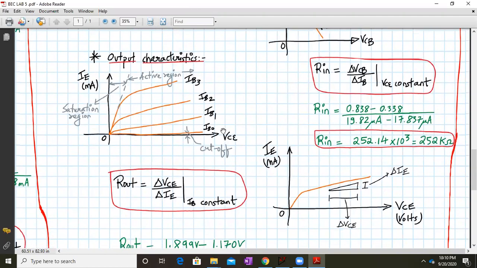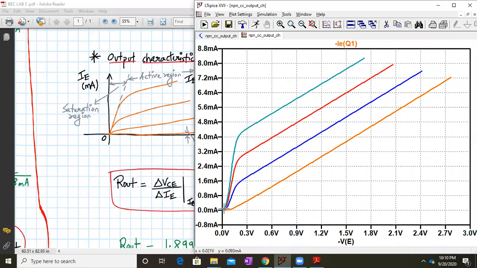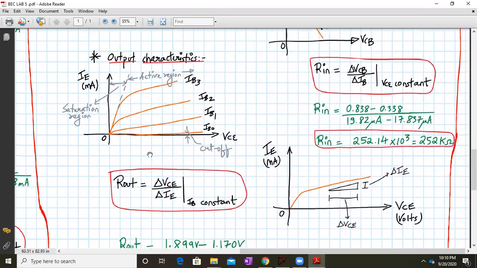which will tell you in which operating region the transistor is operating, whether it's in the saturation, cutoff, or active. So now this will be my cutoff, my saturation and my active. So from the output characteristics, we can determine in which mode the transistor is operating. Also from the output characteristics, we can easily determine the value of R out like this. Okay, so you have a slope. So that will be delta VC upon delta IE at a constant value of IB.